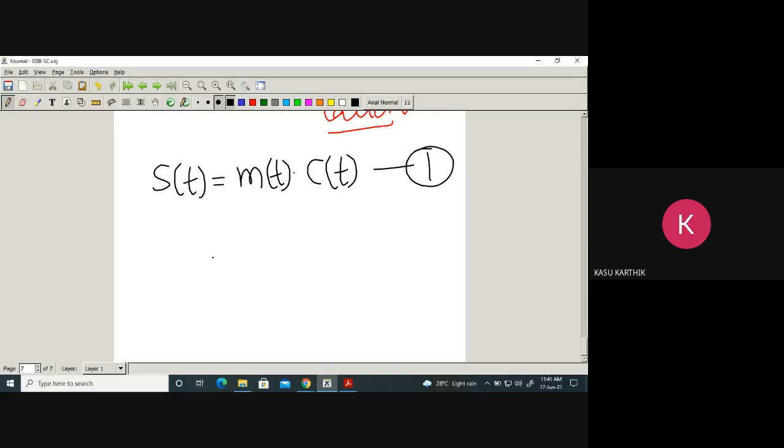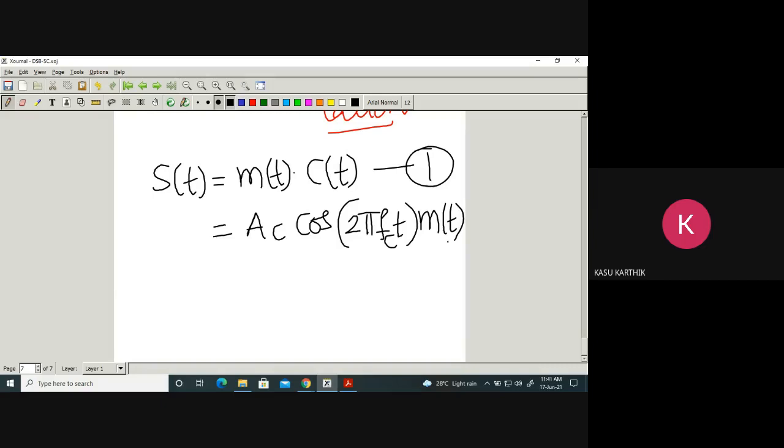Let me write here. Obviously, C of t is always AC cos 2 pi FCT, and this is M of t. Now, how can you do retranslation to the original frequencies? That is the demodulation, more or less. Here, we cannot go with ED, the envelope detector. We have to think of something else. What could that be?